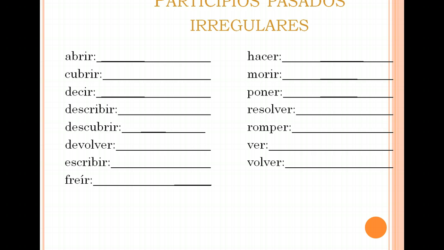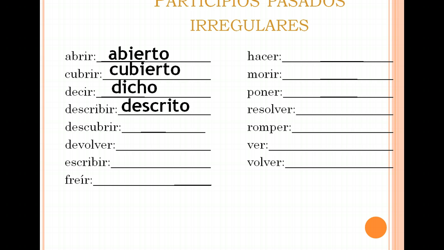Then, of course, we have our irregulars. So irregular past participles are the only ones that are included on this list. Other than this, there are no stem changers for past participles. There are no stem changers at all except for these irregulars. So abrir becomes abierto, cubrir becomes cubierto, decir, dicho, describir, to describe, is descrito, descubrir, to discover, is descubierto, devolver